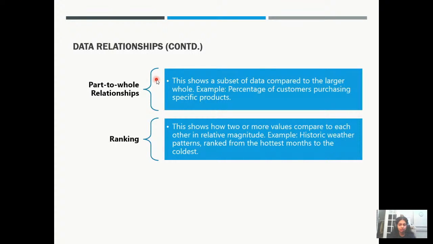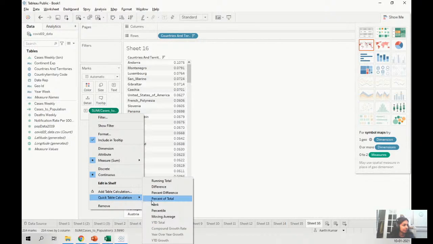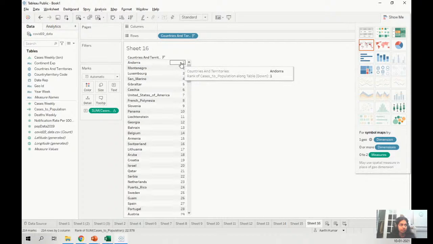And then, of course, ranking, right? This shows how two or more values compare to each other in relative magnitude. So you can add ranks as well. So you can add, for example, from the hottest month to the coldest month. This is also possible in Tableau. You can add a rank. So you go quick table calculation and then you add a rank. So instead of showing the values like 0.10 or 0.209 etc., now it shows the ranking, so 1, 2